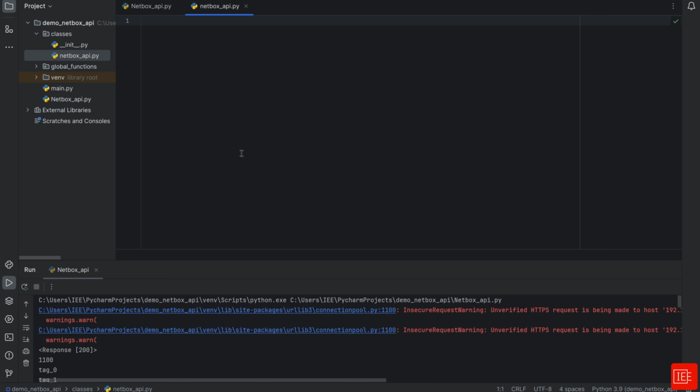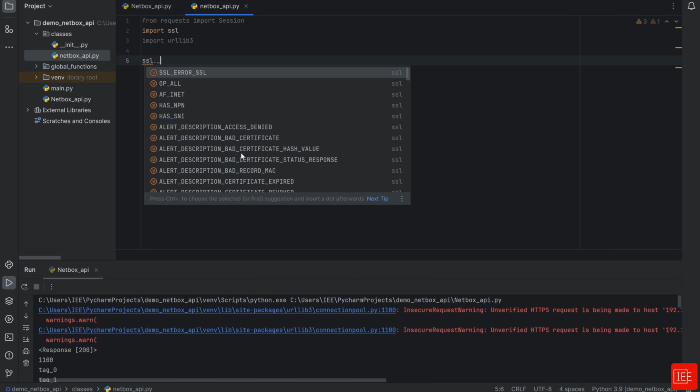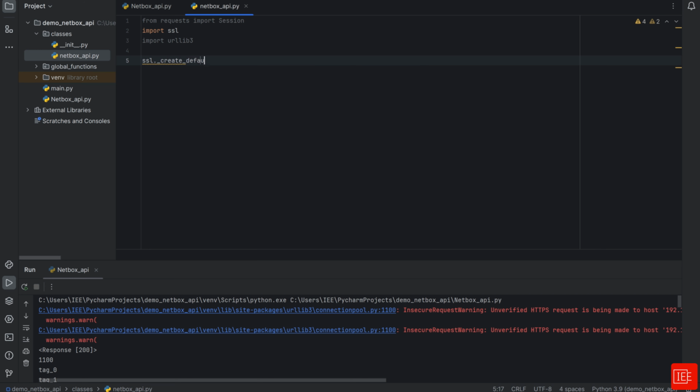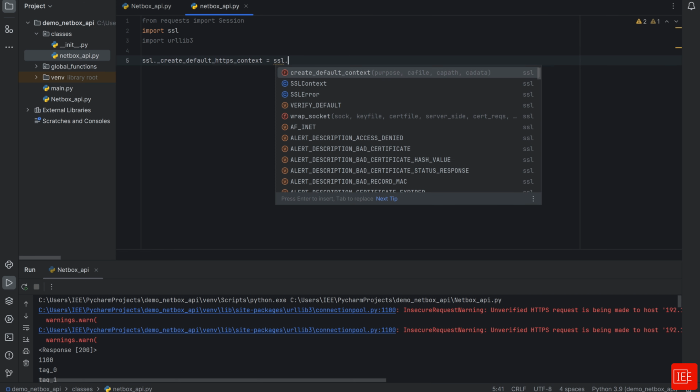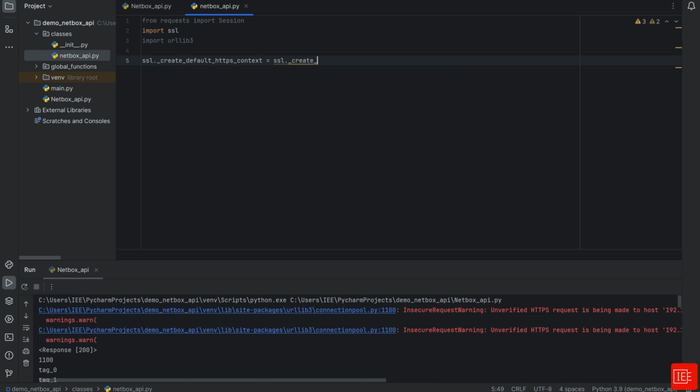And in here, what I'm going to say is from requests import session, and also we want to import ssl. And finally, I want to import urllib3. I'm going to also say ssl._create_default_https_context equal ssl._create_unverified_context,